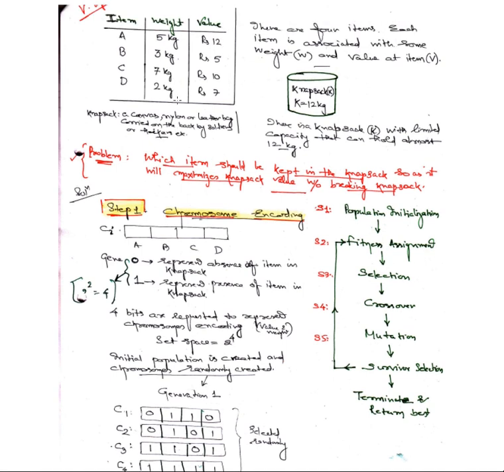You have to understand this: if it is a value, and if it is a weight, then we will take 2 here and 7 here. Like that we proceed for checking the value and weight. And that value and weight should be in such a way that the weight should not exceed 12 kg. That should be in your mind. If it is exceeding that, we will not take it into consideration, because the weight is the constraint here. It is stated: maximize the knapsack value without breaking the knapsack. That means the weight is being considered.